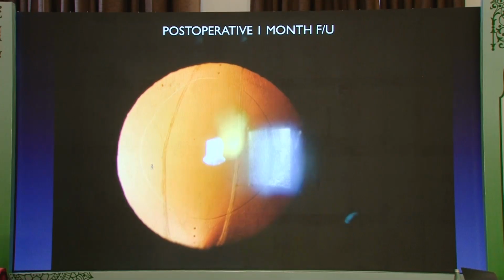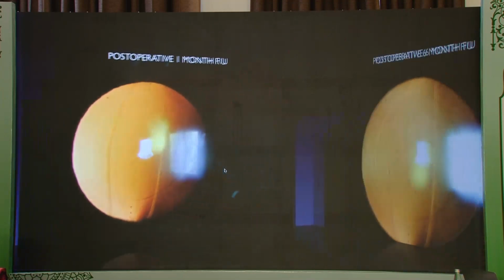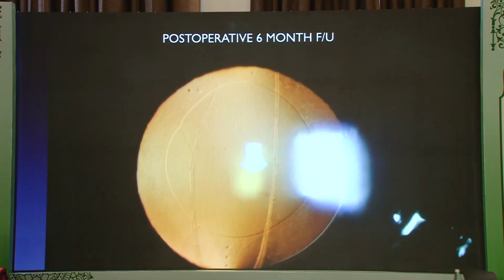The margins are well fibrosed, and so the IOL was placed in the bag itself. It was not captured, no reverse capture was done, because these are fibrosed margins. They are not likely to extend or expand, and this is what the young boy looks like 6 months post-operatively.